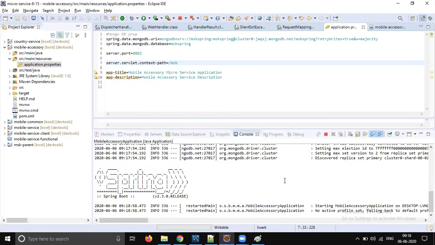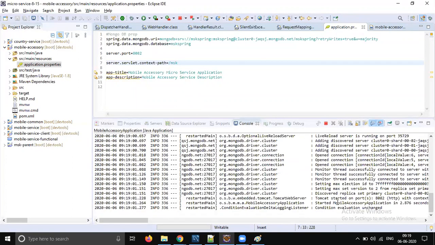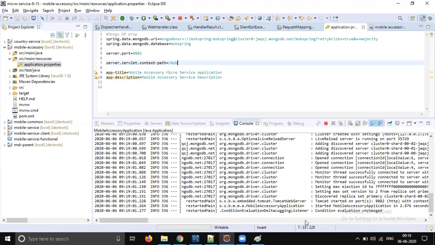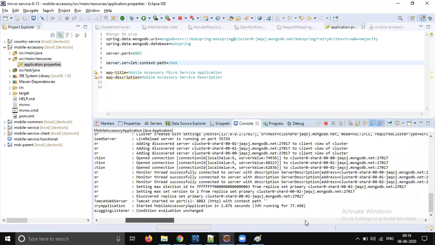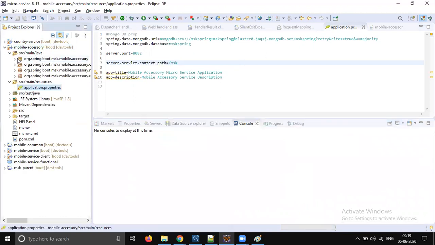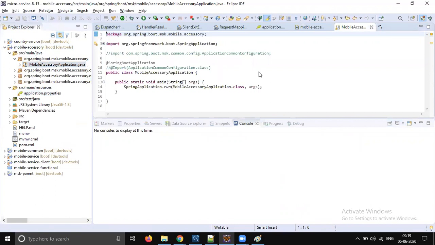Let's wait for a moment. The server is going to restart, and when starting, it should say what the context path is. I think the context path is not registering. Why? Let's do a fresh run as.